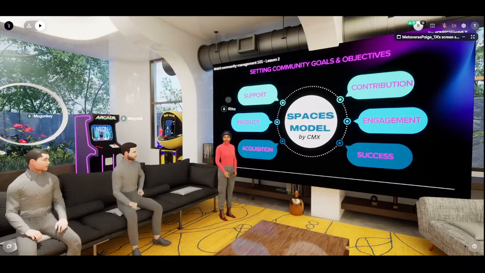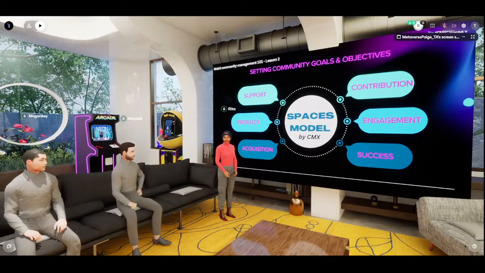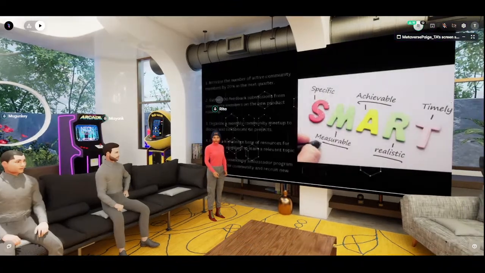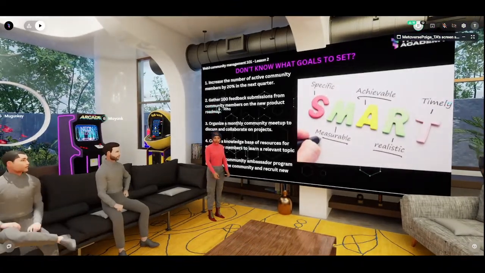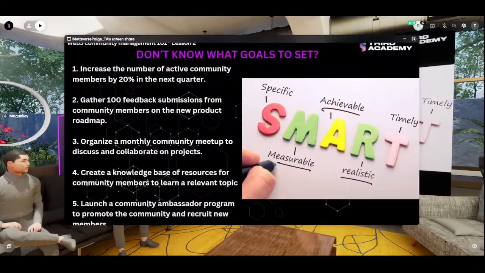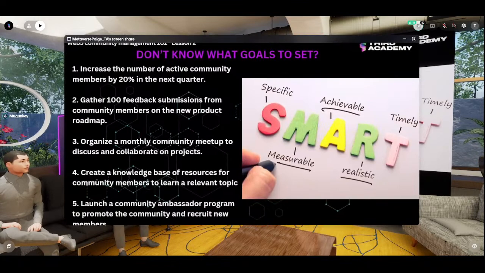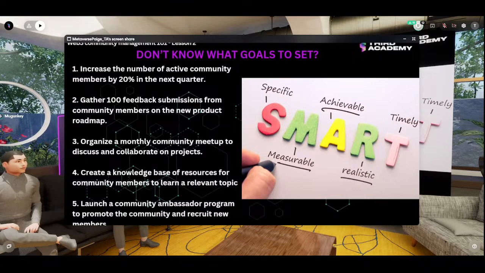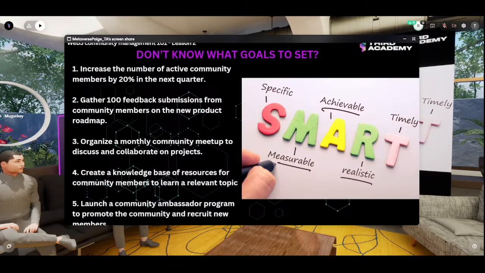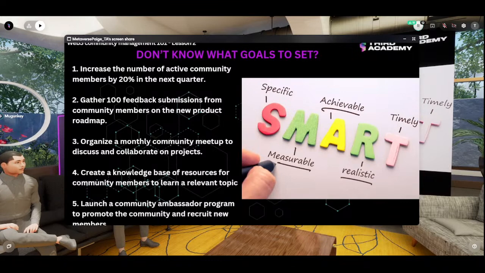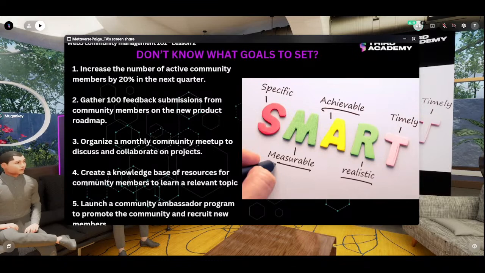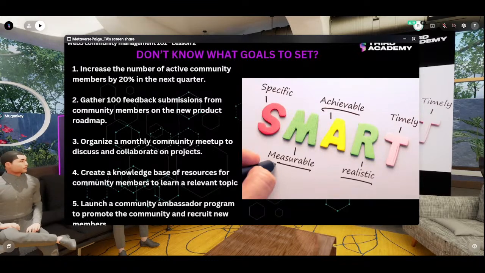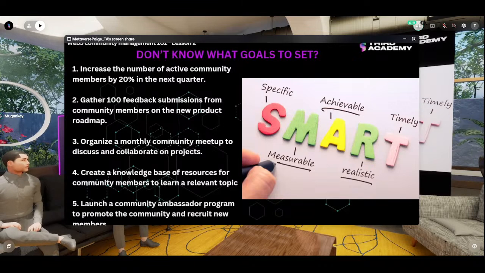Let's move to the next slide. Now, one of the goals that you could have, let's say for this quarter of the year, for the last quarter of the year, or for the first month working with the company, right? Or for whatever timeline that you have, one of your goals could be to increase the number of active community members by 20%,